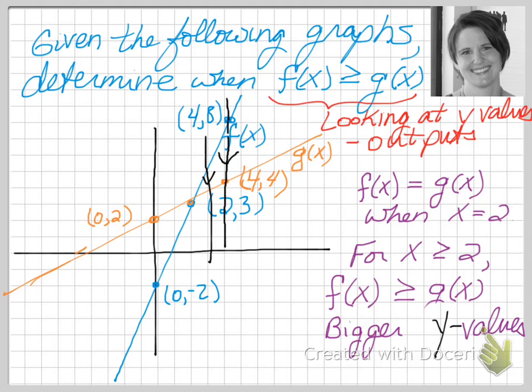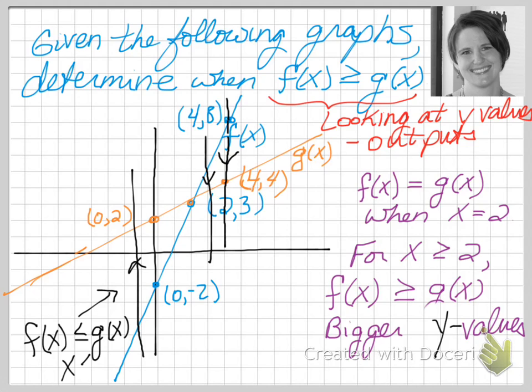If I go smaller than 2, I need to go up from f(x) to g(x). So in this region, we have f(x) less than or equal to g(x), and that's when x is less than or equal to 2. I use the vertical line from f(x) to g(x) to help me solve the inequality,